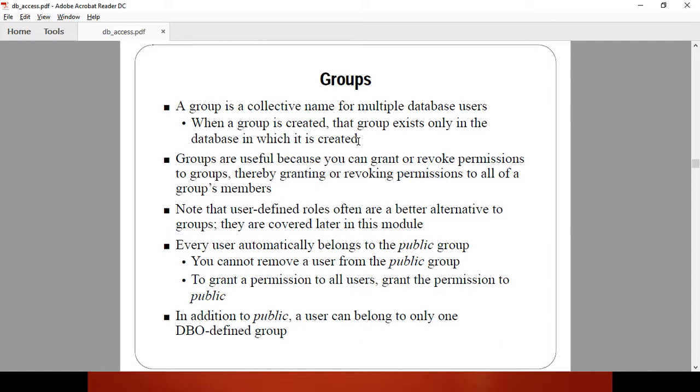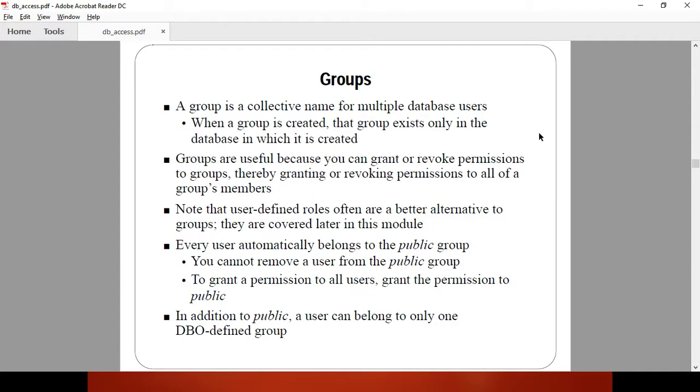Suppose there are multiple users who want access to different database objects. As per requirement, we can create a group. Suppose we want to give access to the sales department. As a DBA, we can create a group, grant appropriate privileges to that group, and add this group to a user. So every access assigned to the group will be granted to the user.